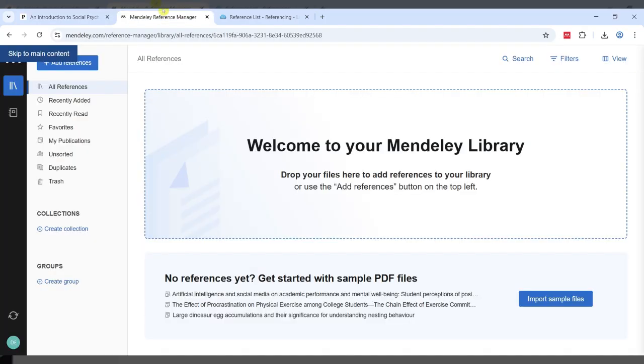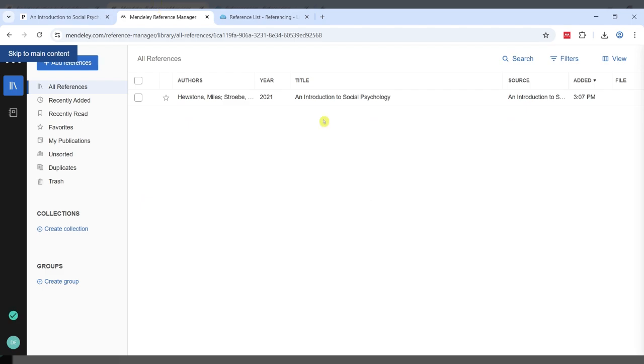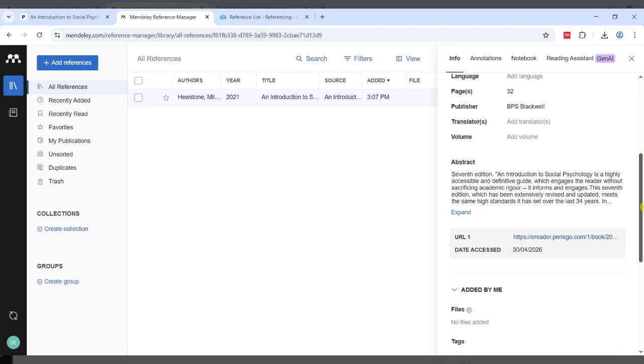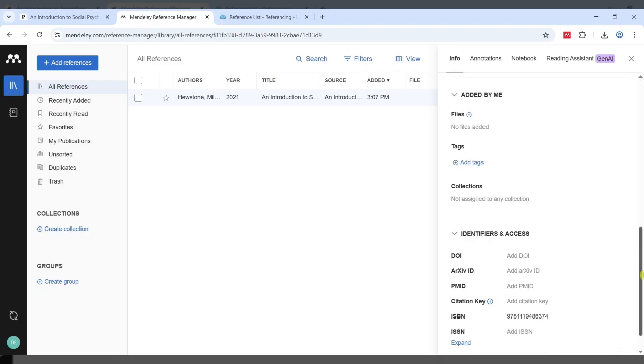And if we go back to our Mendeley library, you can see that's just updated this second. And here's our book here. And again, if you didn't make any of those changes at the point that you were adding it, you can always do that afterwards by just double clicking on the reference, and you have all the information here again, and you can add in stuff here that you think you might need.